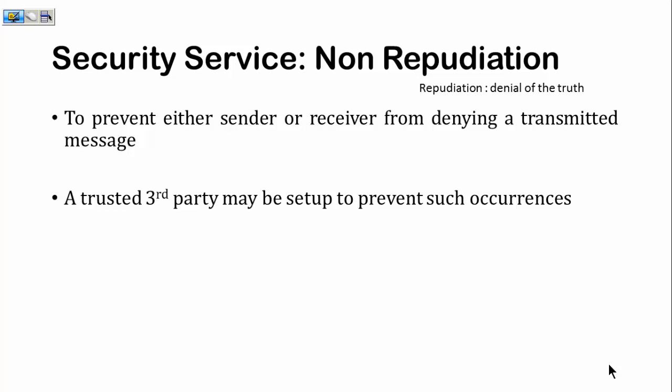And one of the easiest ways of doing this is to have a trusted third party and involve that third party in the transactions, right? In logical systems also we have trusted systems, and whatever information is being exchanged between the two parties is managed by the trusted third party system, which stores the information. And later on, in case of a fight between the two entities, the third party would tell whether the event has occurred or whether the event has not occurred. There are other mechanisms of achieving that as well.